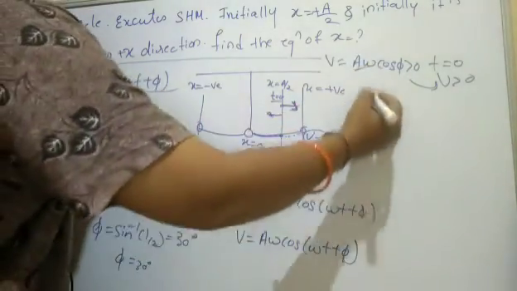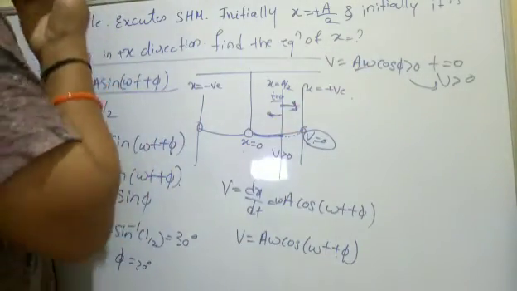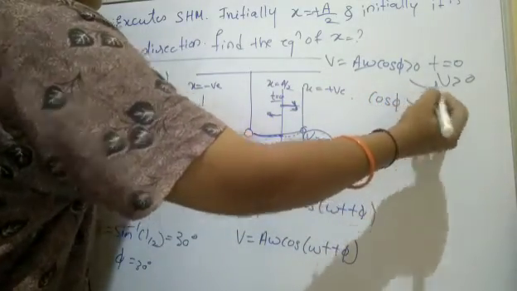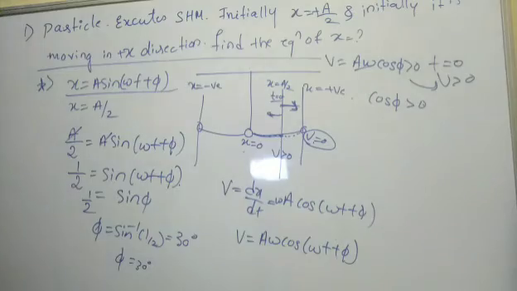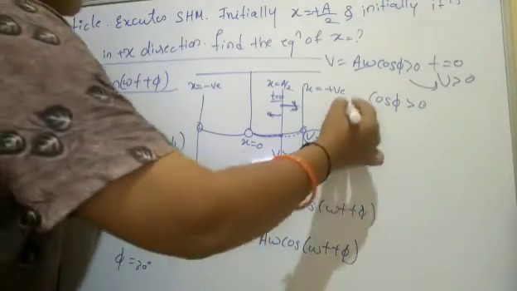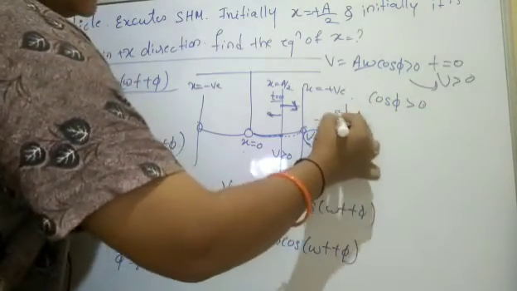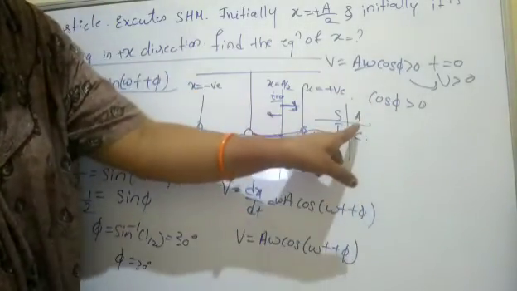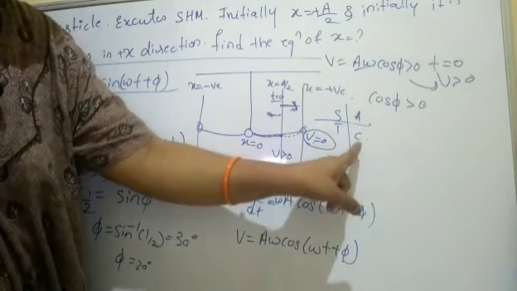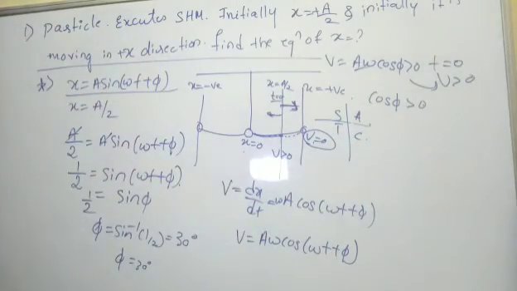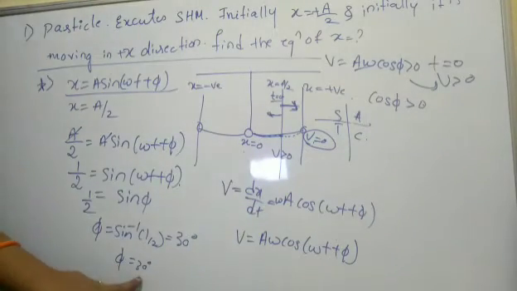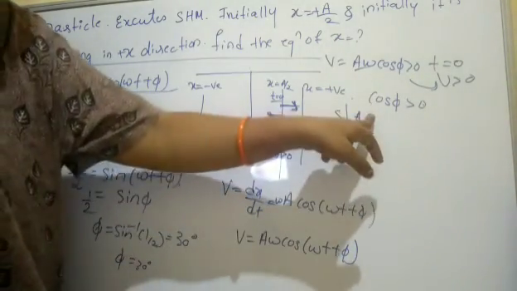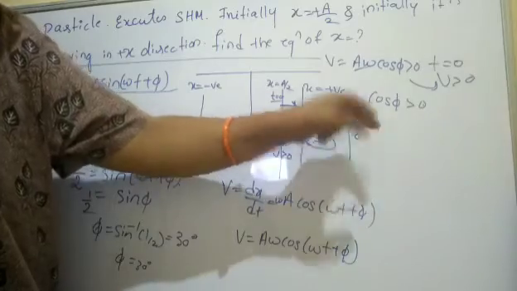That means amplitude and angular frequency will be constant here, so cos phi should be greater than 0. Cos should be greater than 0 means, going by the allied angles here (all, sine, tan, cos), cos is positive in either the first quadrant or the last quadrant. But with the displacement, we got phi equal to 30 degree, that is the first quadrant here. So displacement is also first quadrant, positive,